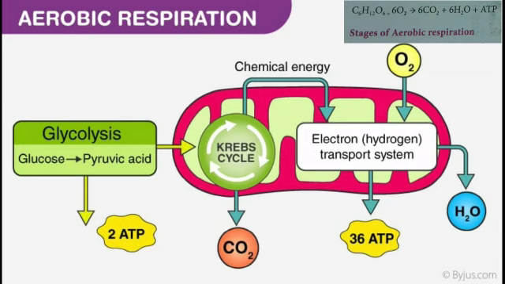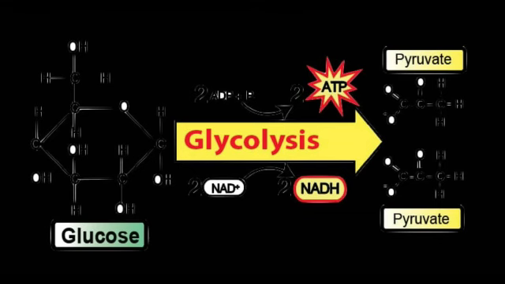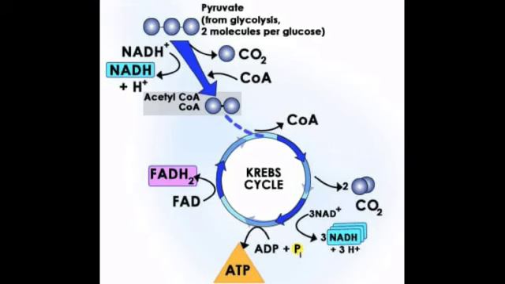The next is the stages of aerobic respiration. There are three stages in aerobic respiration: glycolysis, Krebs cycle and electron transport chain. The first one is glycolysis. What is glycolysis? It is nothing but glucose splitting. It is the breakdown of one molecule of glucose, that is 6 carbon molecule, into 2 molecules of pyruvic acid, which is a 3 carbon molecule. Glycolysis takes place in cytoplasm of the cell. It is the first step of both aerobic and anaerobic respiration.